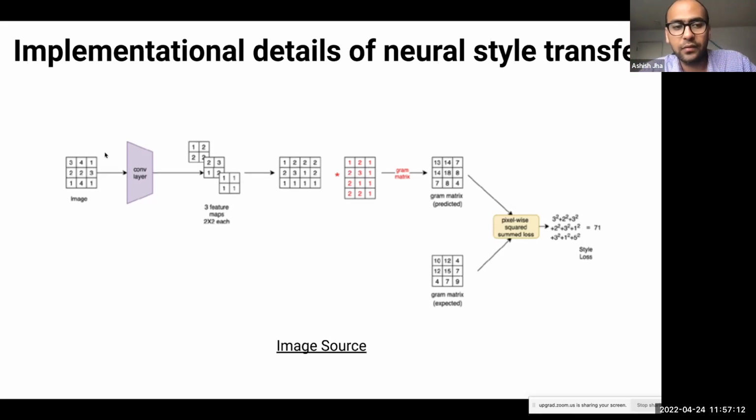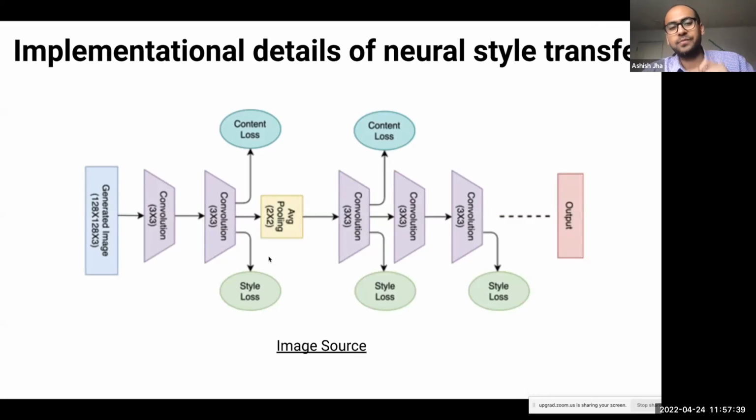Once again, we run this entire flow for the image we will be generating, and for the actual style image, and we again compute the pixel-wise squared sum loss between the two, and this is what we call our style loss. So those are the two important elements you should know: the content loss and the style loss.